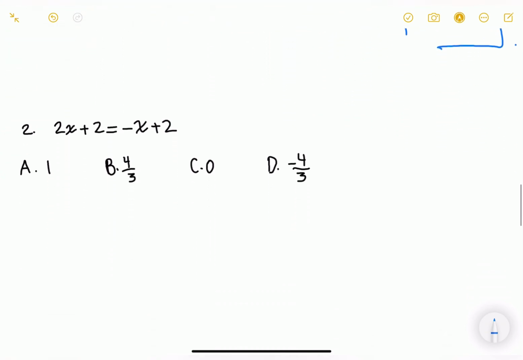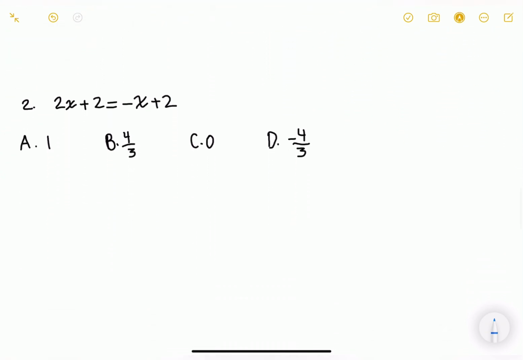Now let's move on to question number 2. Question number 2 says 2x plus 2 equals negative x plus 2. So I'm going to show you the algebraic way to solve it. We know that these are going to cancel out, which leaves us with 2x equals